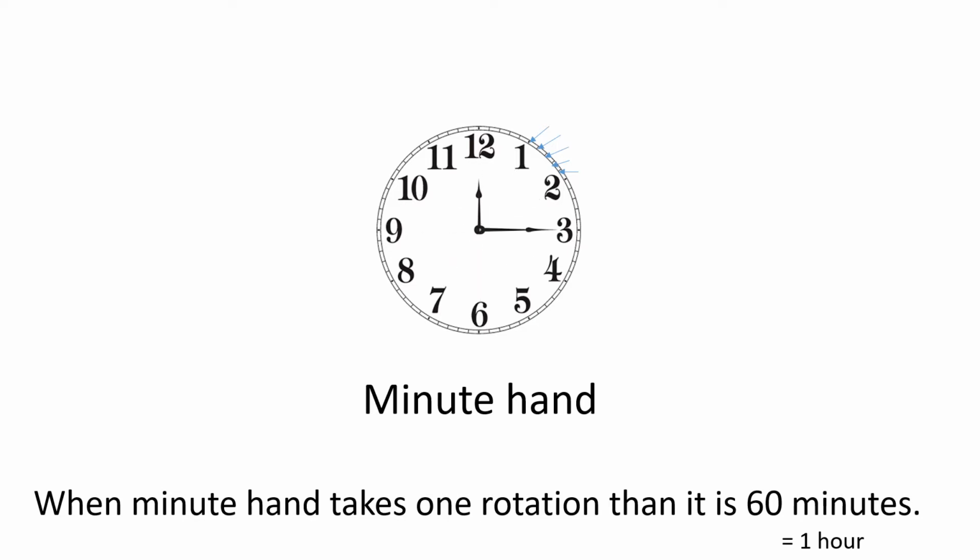The number of minutes past the hour is specified by the amount of divisions the minute hand has moved on the clock. There is a simple trick to find out how many minutes past the hour the time is. Just multiply the digit the minute hand is pointing to by 5. Means if the minute hand is pointing to digit 1, we will multiply 1 by 5. 5 ones are 5. So 5 minutes have passed.